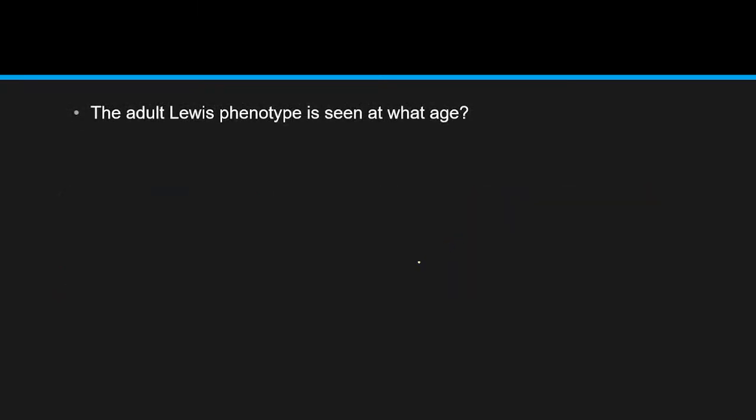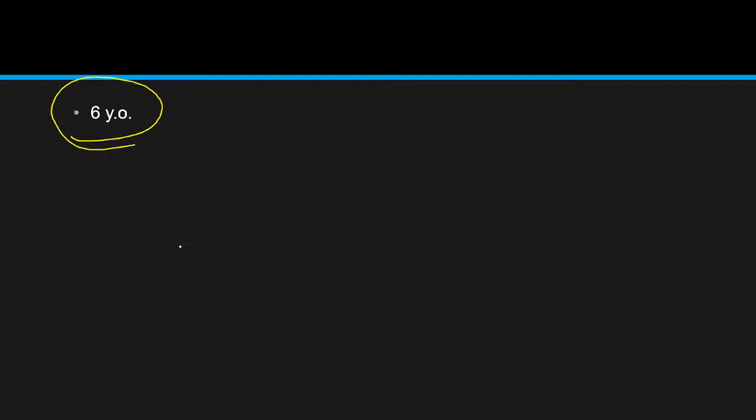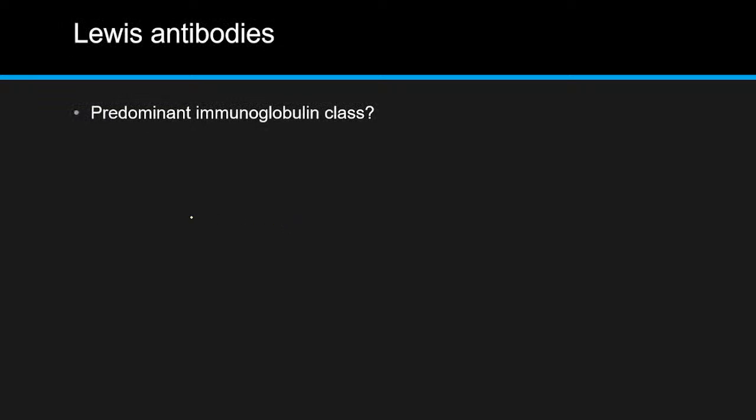Okay, so adult Lewis phenotypes are going to be seen at the age of 6 years old. That will be your final Lewis phenotype, 6 years old. Okay? Now, let's talk about the Lewis antibodies. Lewis antibodies are not really interesting because they are of the IgM molecules. All right, they are of the IgM class. And